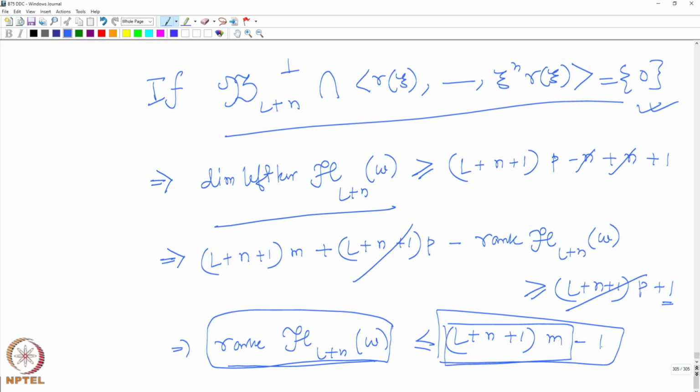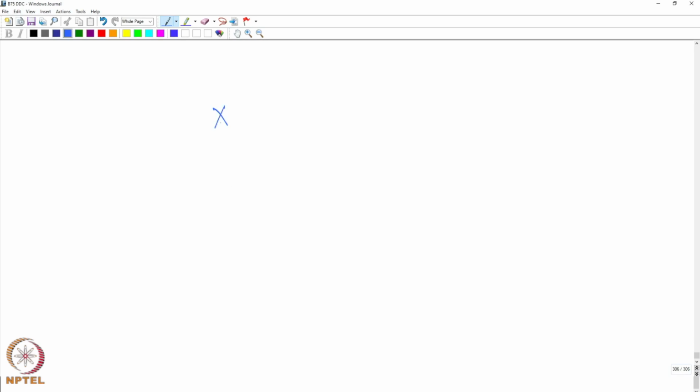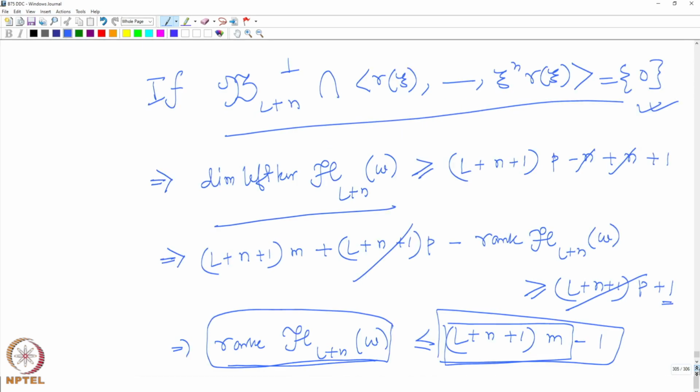That's impossible, right? How can a number be bigger than or equal to a number and less than or equal to a number strictly smaller than that number? If there are two integers x and y, x satisfies x bigger than or equal to y, and x is also satisfying x less than or equal to y minus 1. That is absurd. The two cannot be simultaneously true.